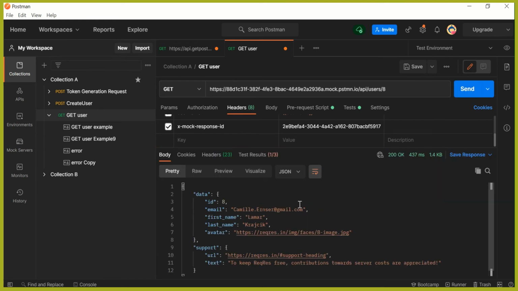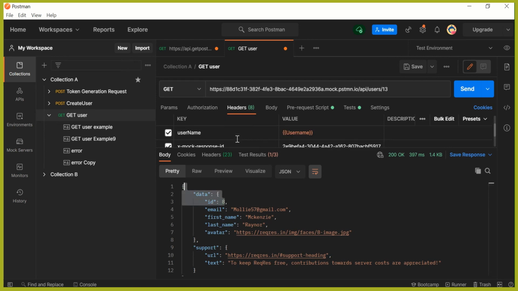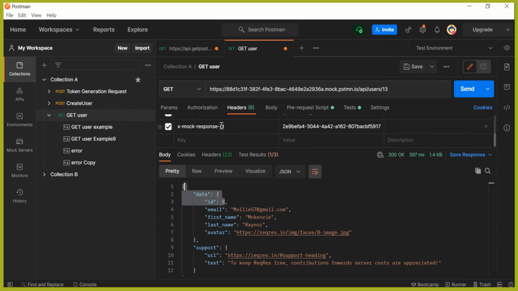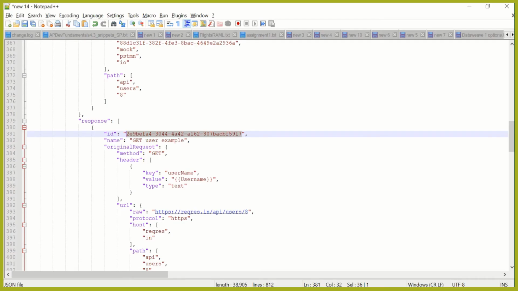You can see it gives us the response for user ID 8. Now even if I pass the value as 9, it will give me the response for user ID 8, because this is the mock response ID I have selected. So irrespective of whatever I pass, I am always going to get the response details for ID equal to 8, because Postman will select the response based on the x-mock-response-id we have sent. So let's try to change it to some other value.